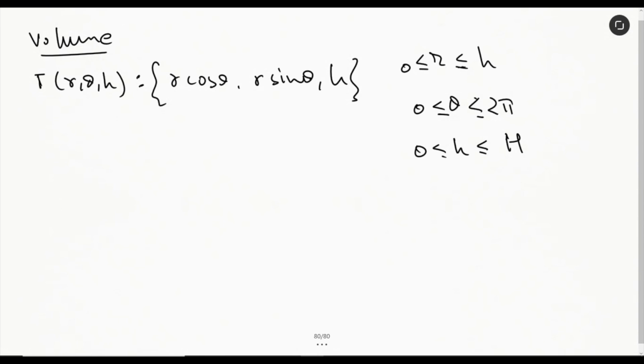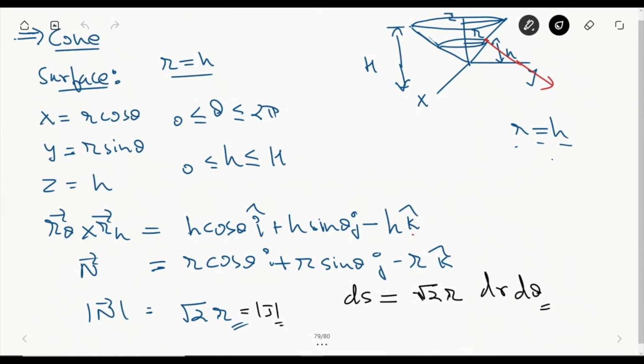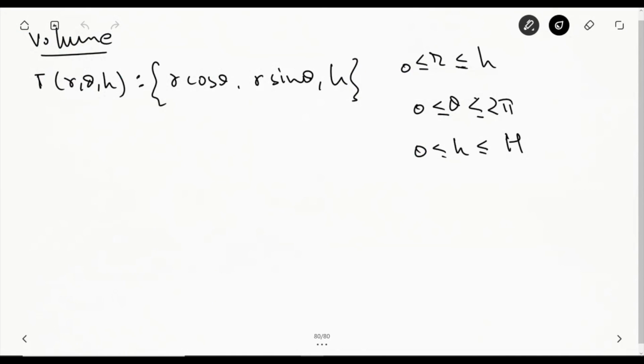Like in this case, let's say this radius is capital R, then in that case radius R and H are going to be the same. Yes, in case you want, you can write H is equal to capital R. That is the maximum height and the maximum radius we have. So in that case, these are the parameters x, y and z.